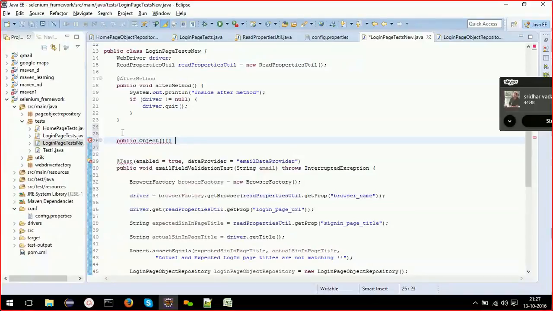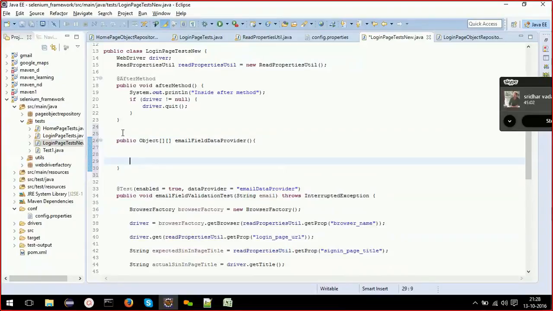I'll name it email field data provider. You can give any name to it.